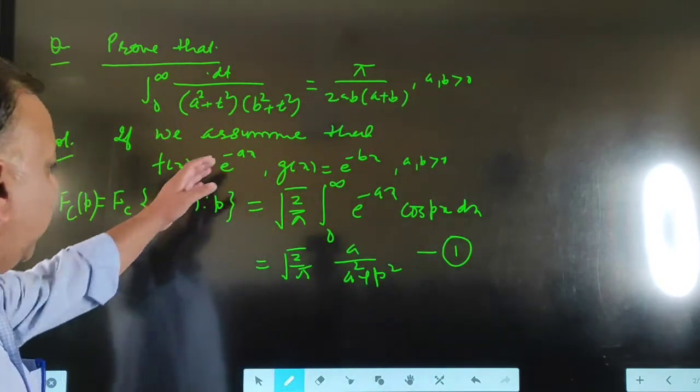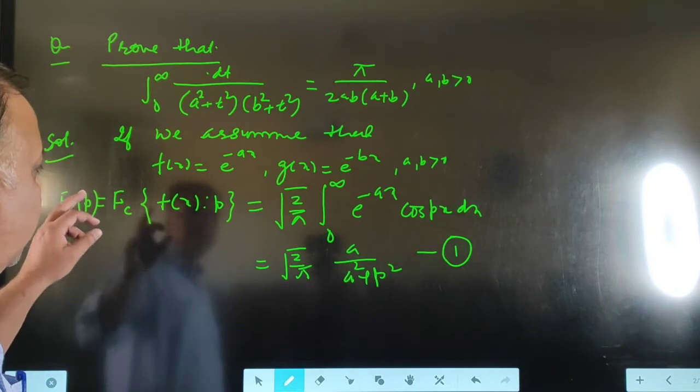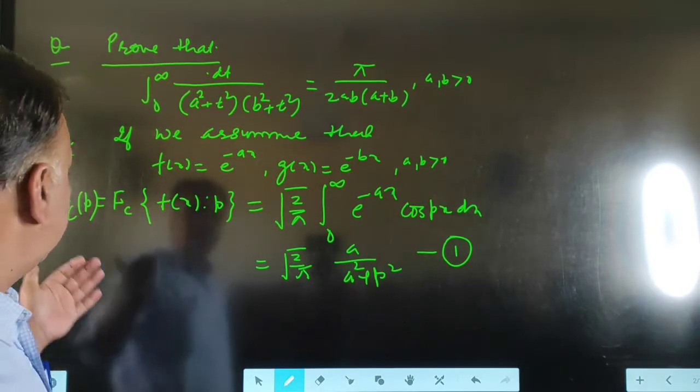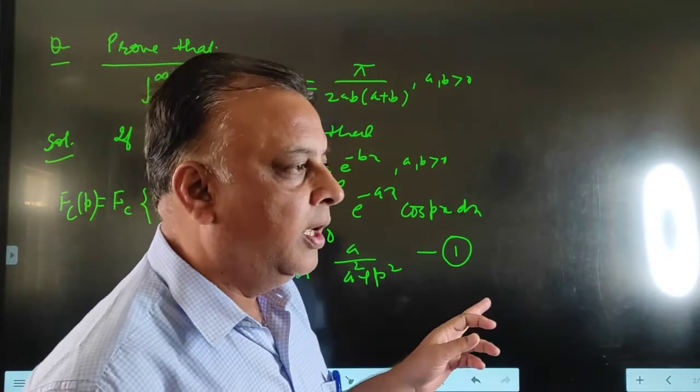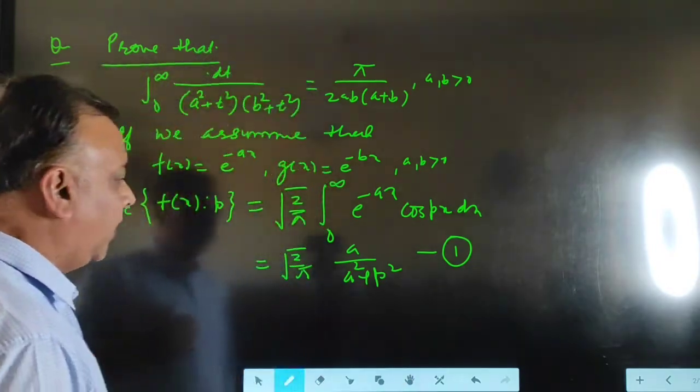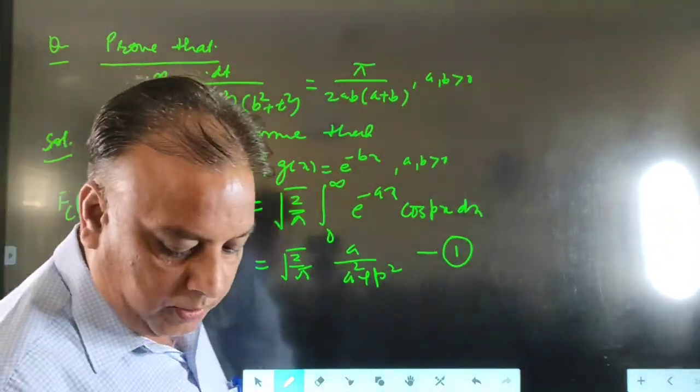So if the Fourier cosine transformation of the function f(x), that is e raised to minus ax, is equal to Fc(p), then Fc(p) is equal to root 2 upon pi into a upon a square plus p square. Similarly,